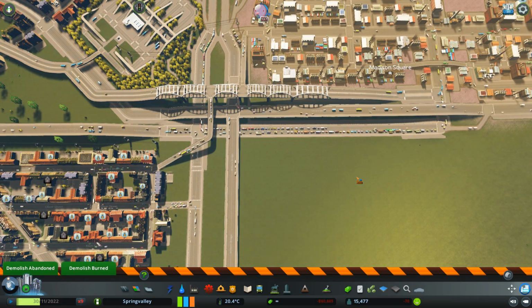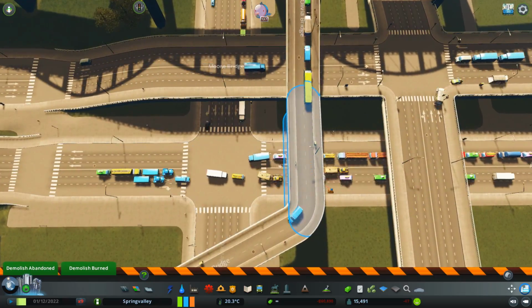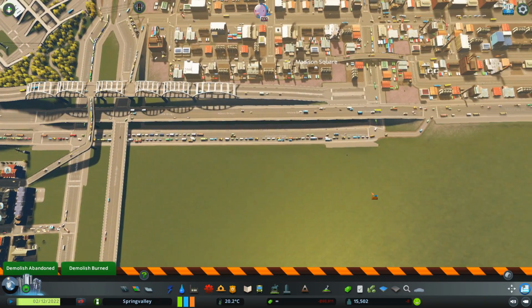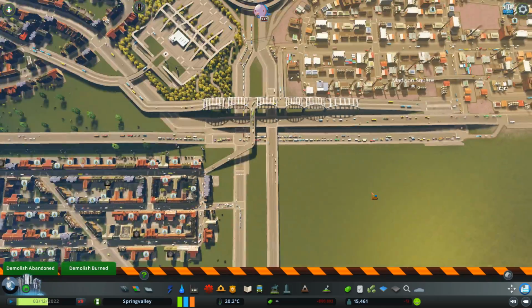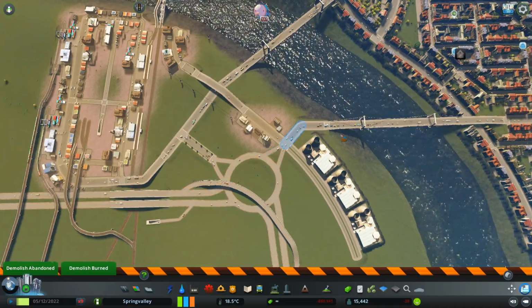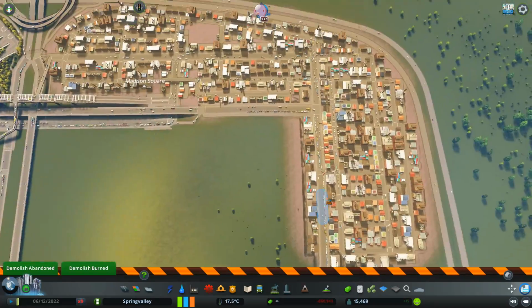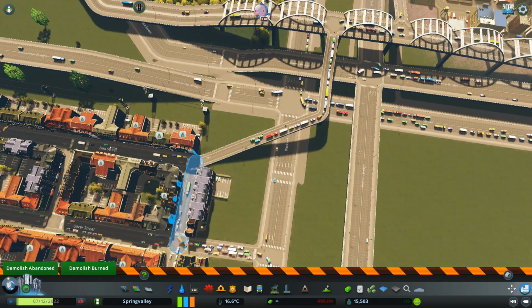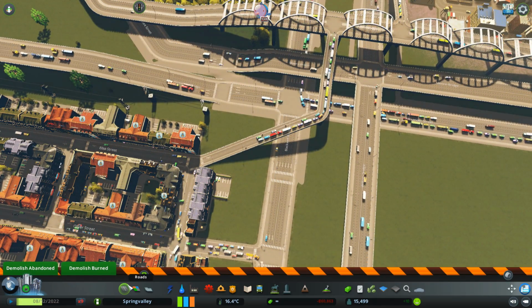So there we go. That's just the general, is what it is. Trying to get the traffic to flow through. And that's coming from this side. We've obviously got shorter routes as well we can take. But it's almost as good as you're probably going to get it for the sake of...